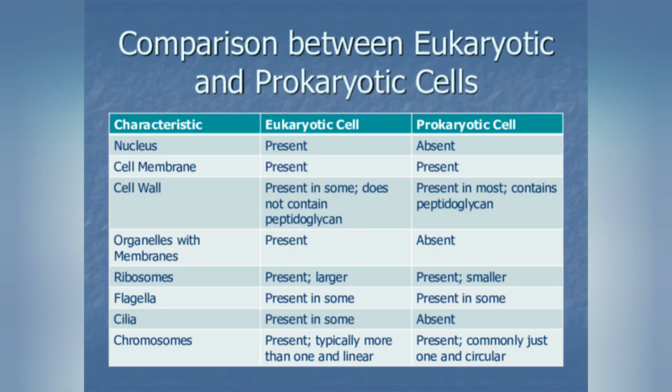Now let me explain the comparison between eukaryotic cells and prokaryotic cells. The first characteristic is the nucleus. Let me look at the nucleus of both cells. The eukaryotic cells have a true nucleus. The terms present and absent denote that eukaryotic cells have the true nucleus, with their nuclear membrane, and